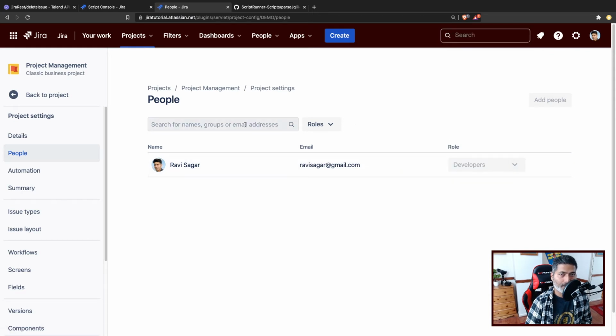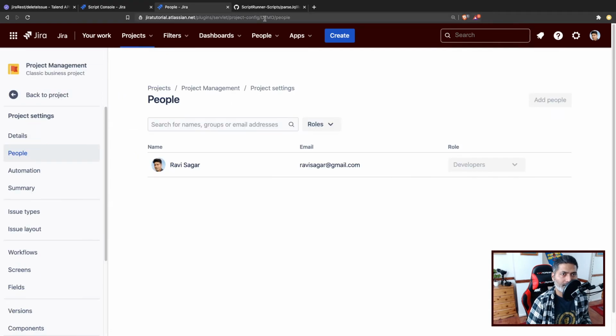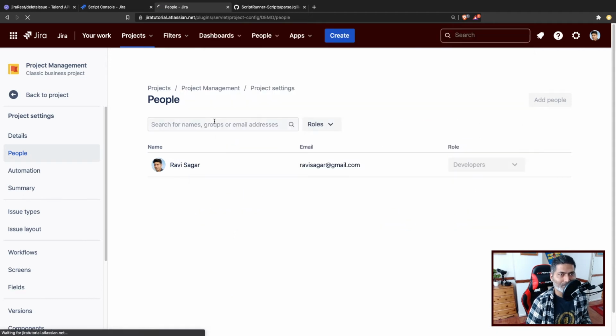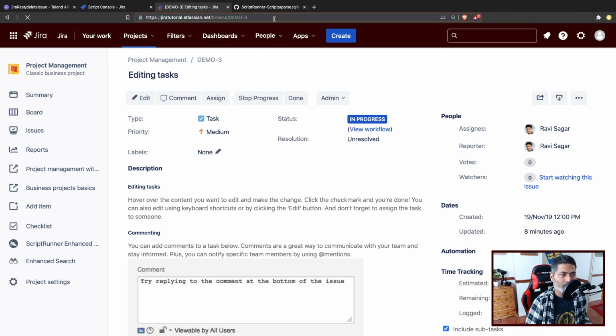Okay, so I definitely cannot modify the roles because I'm using a free version and I cannot delete. I think I'll probably not worry too much about this because we are probably going in a different direction. Let us try to delete iOS 2 and I'll go to the iOS 2 instead and I'll try to delete that issue. Basically what I wanted to check is if I can use that particular parameter, deleteSubtasks equal to true,